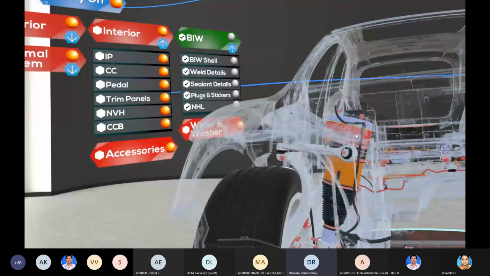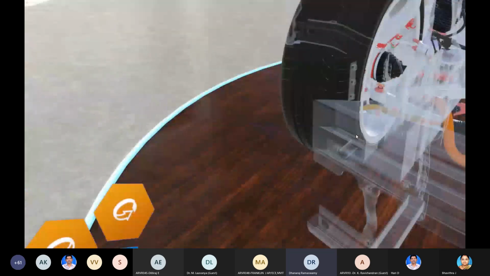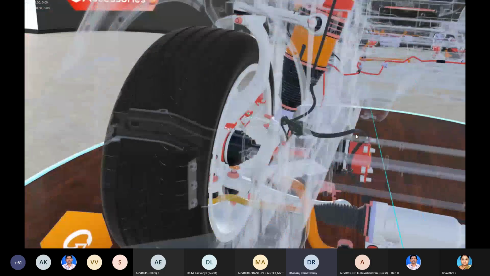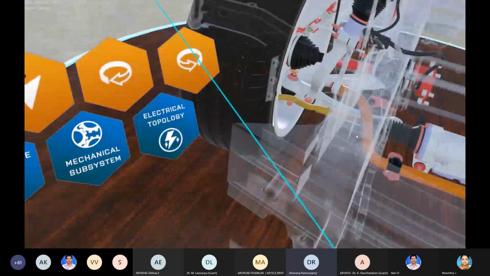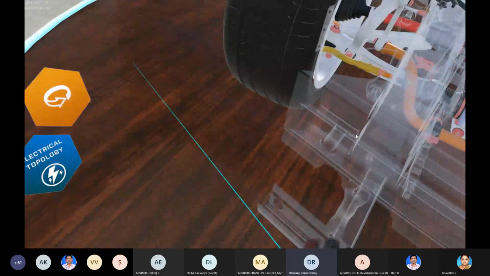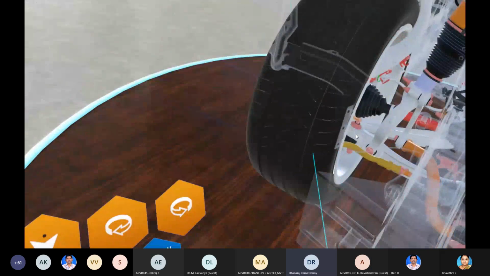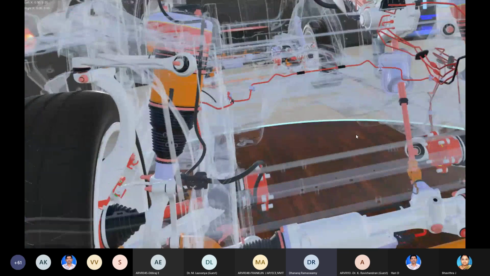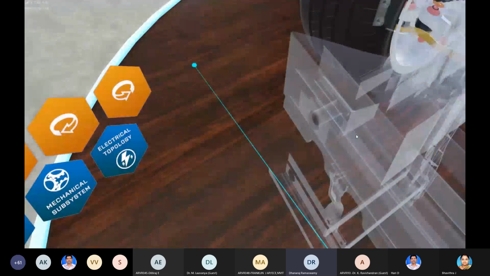As I said, you can use it in any industry, like the travel industry, mechanical industry, medical. Suppose the doctor wants to test an operation. For example, I'm the doctor, I can do the operation virtually. I mean, this is for training purposes, you can't actually do the operation virtually. What I'm telling is you can take the training, how you have to do the operations.